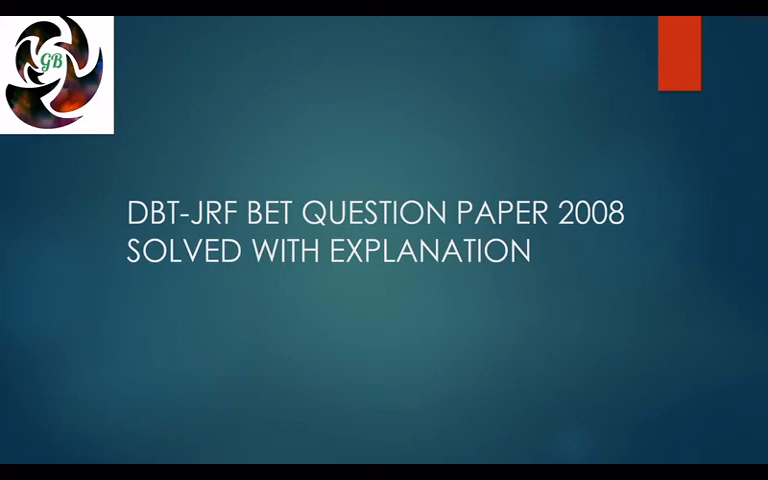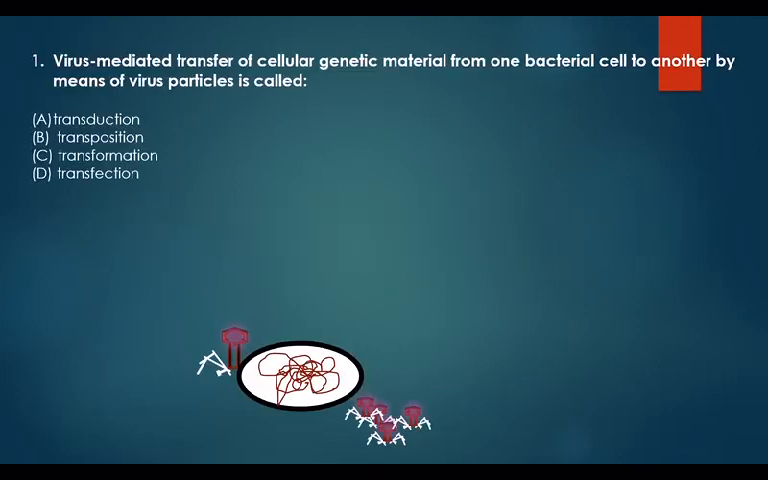In today's video, we're going to see about BED 2008 question papers solved with explanation. First is: virus-mediated transfer of cellular genetic material from one bacterial cell to another by means of virus is called as. Options are transduction, transposition, transformation and transfection. The answer is